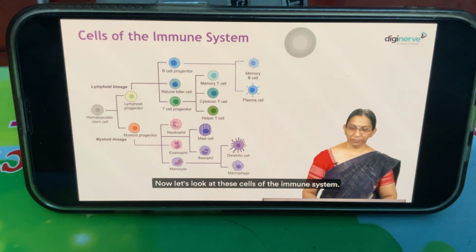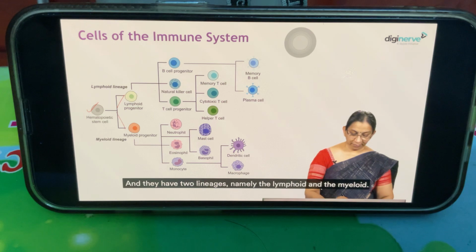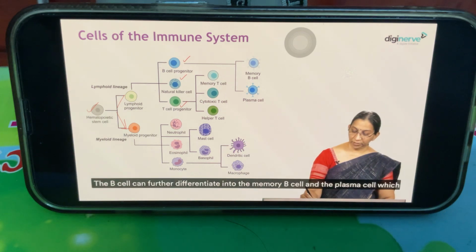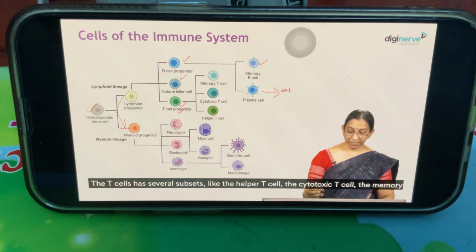Now let's look at the cells of the immune system. They arise from a hematopoietic stem cell in the bone marrow and they have two lineages, namely the lymphoid and the myeloid. The lymphoid lineage differentiates into the B cell, the T cell and the natural killer cell. The B cell can further differentiate into the memory B cell and the plasma cell which produces antibodies. The T cells have several subsets like the helper T cell, the cytotoxic T cell, the memory T cell and